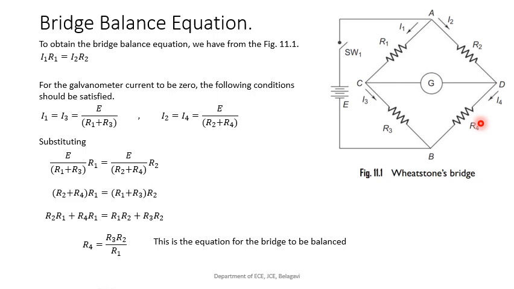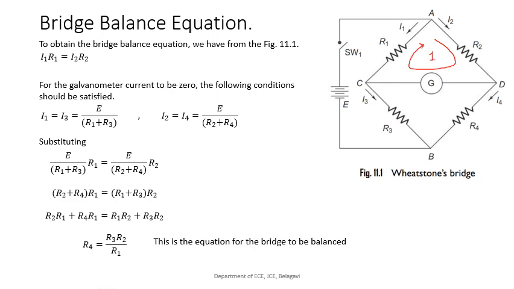So let us say my bridge is balanced. I have adjusted my value of R2, I have adjusted my value of R3, and my bridge is balanced. So what it indicates is that the voltage at C point and the voltage at D point are the same, so there is no current. By understanding this, we will try to find the equation. First thing I will do is apply the KVL equation in this loop. Let us say this is loop 1.